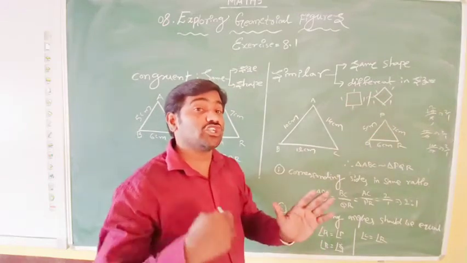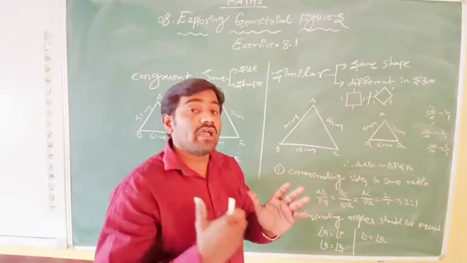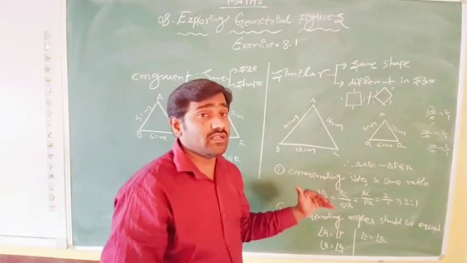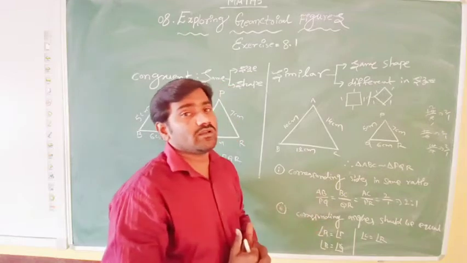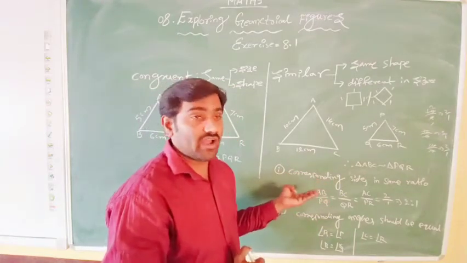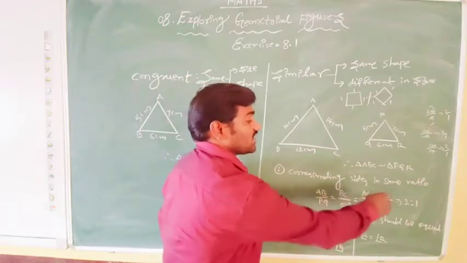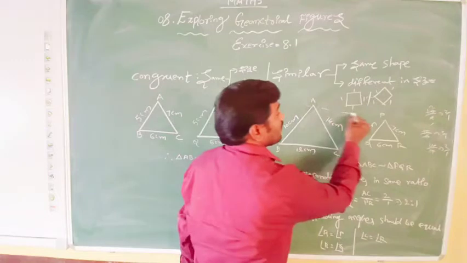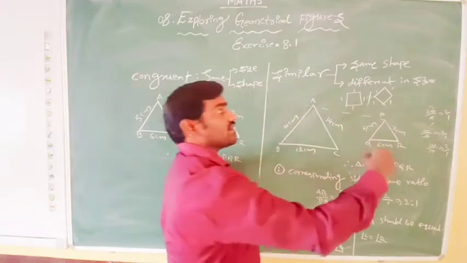If two figures are said to be similar, their corresponding sides should be in the same proportion and the corresponding angles should be equal. Based on this, we have a concept called the scale factor. This will also be called a scale factor. Regarding the scale factor, we are going to draw relations that we will learn further in this chapter itself.